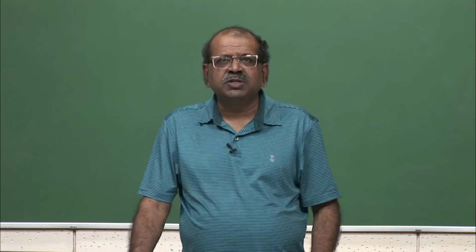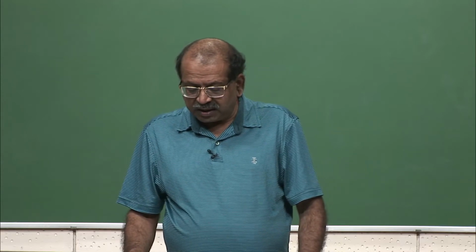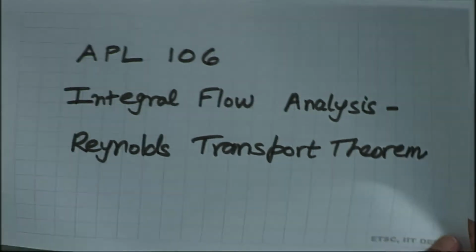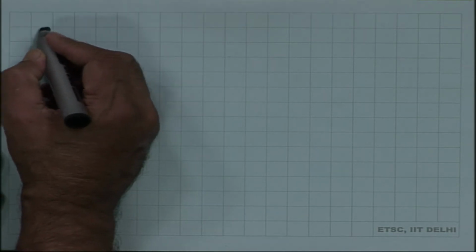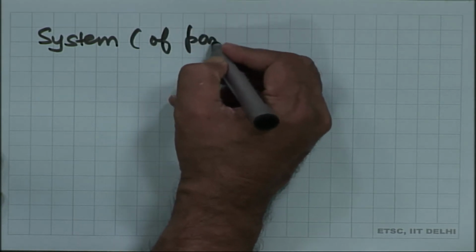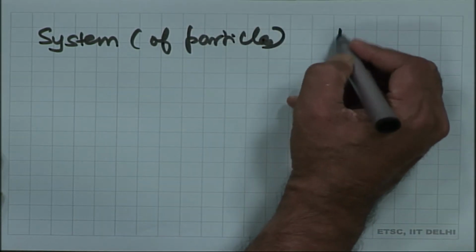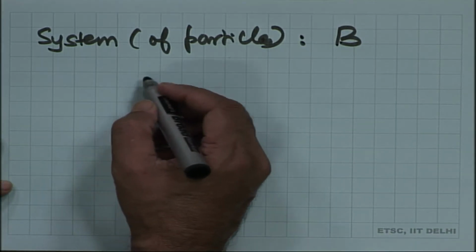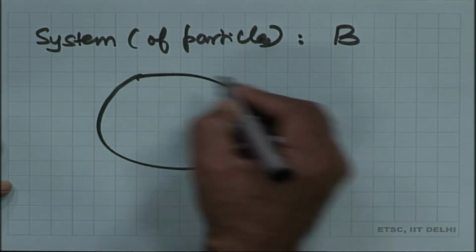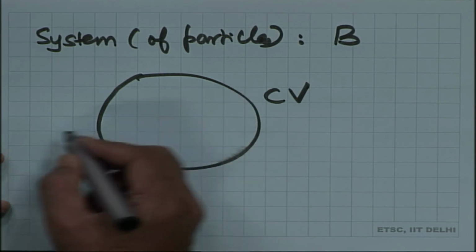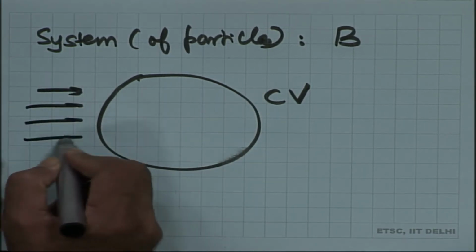So, we will continue our discussion on integral flow analysis, and today we will derive the expression for Reynolds transport theorem. So, recall what we said was, if there is a system, by which we mean a system of particles, and this we denoted by B, and suppose if there is a control volume, and in the control volume the particles